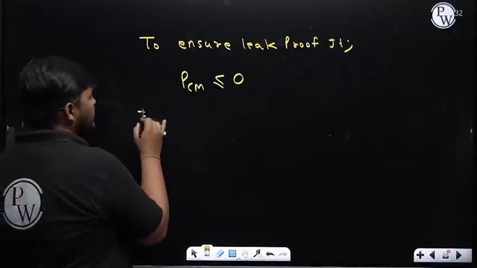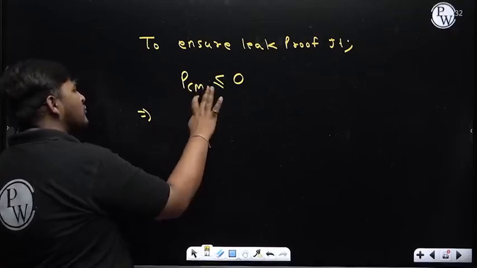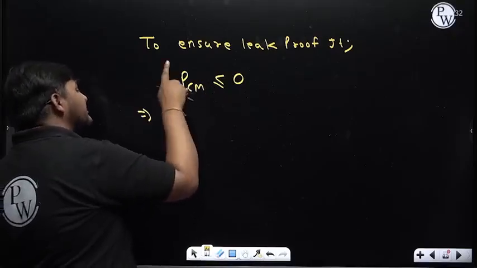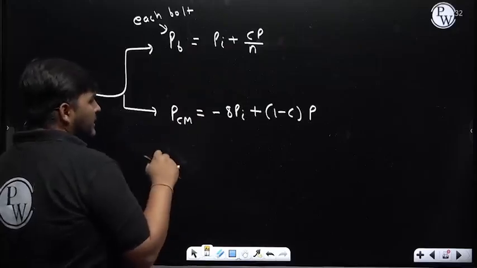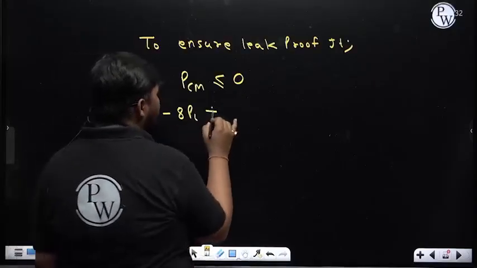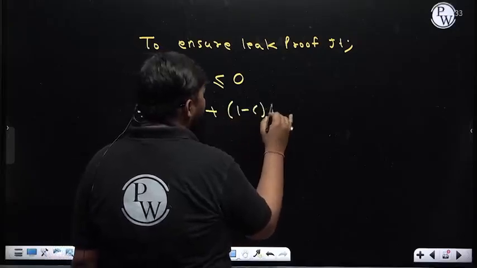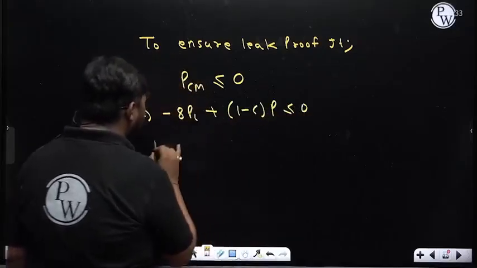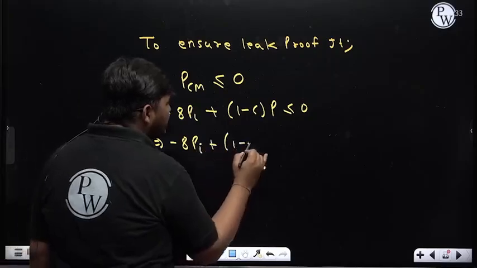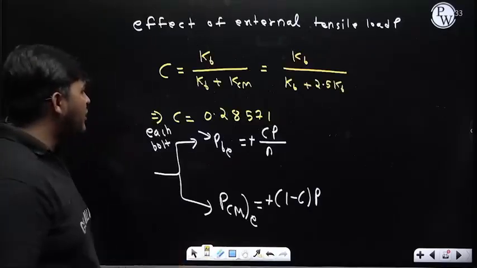Now its expression is, while finding the limiting value we can use the equal to sign, but overall we have to ensure that it is less than or equal to 0. Now PCM is minus 8 pi plus 1 minus C into P, and this must be less than or equal to 0. Minus 8 pi plus 1 minus C, C is the stiffness correction factor, which is